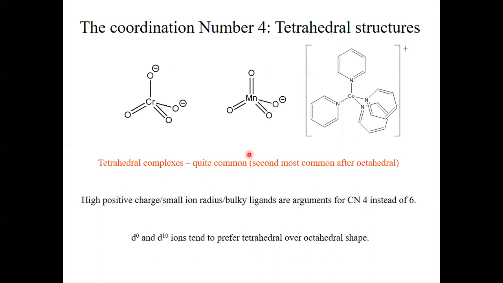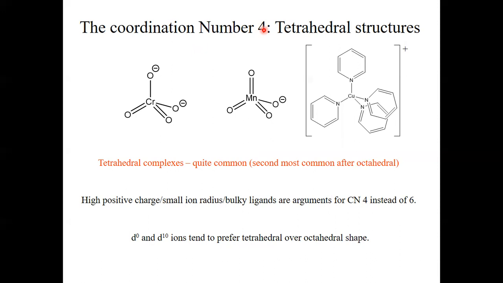Oftentimes, exactly 4, 5, or 6 ligands fit around the respective metal ions. When it's less than that, we have a low coordination number, and there's lots of space to add more ligands. When we go to very high coordination numbers, it's getting very bulky, and we tend to lose ligands. So coordination number 4 is actually the second most common coordination number after coordination number